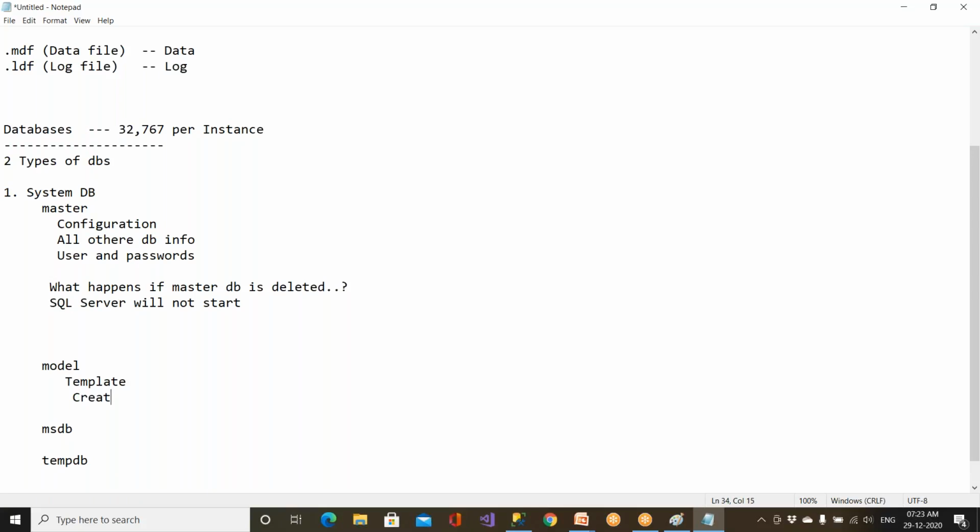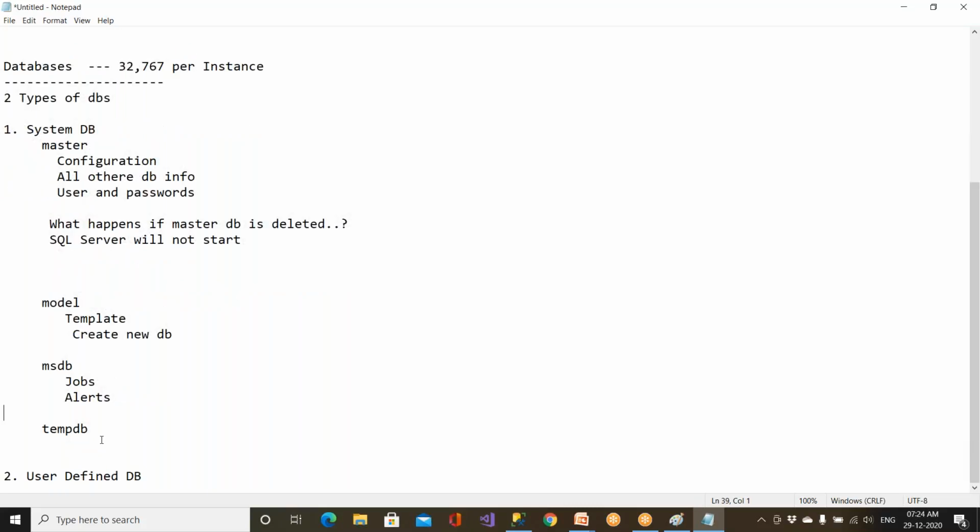Whenever you create a new database, this is going to be used. Clear? So we'll discuss them later. MSDB, you can create a lot of jobs and alerts. What is the meaning of this? If there is a failure, immediately I should get an alert. So what kind of alert can we set? We can set an SMS alert, an email alert, saying that there is no space in the server, the server is not running properly. All the server health issues and everything will automatically get triggered to the DBA team.